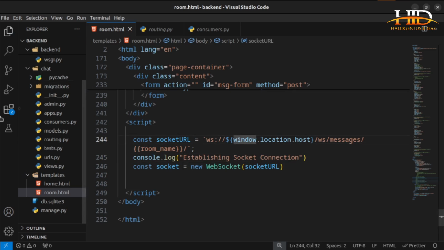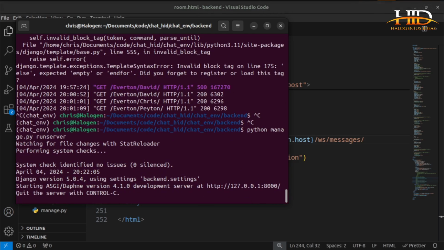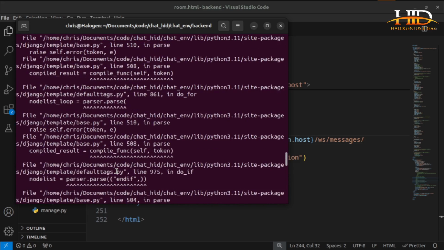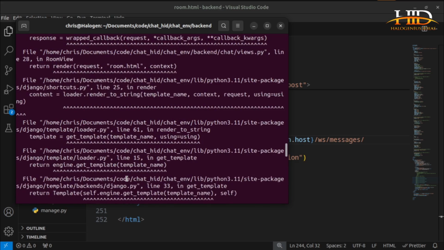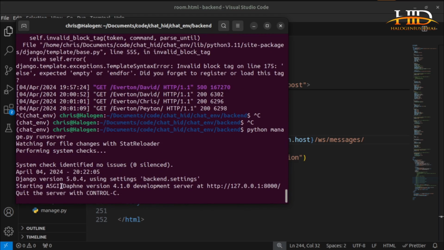So save this, and now I think we can start the server back. Okay, so you can see now that it is starting an ASGI slash Daphne server. If you go up to what we used to have, all these ones are errors; you can see that it was just starting a development server, a regular server. That is what it was starting initially, but now what it is starting is an ASGI slash Daphne server. So you can see the ASGI is for the regular HTTP request, while Daphne is going to be handling the WebSocket